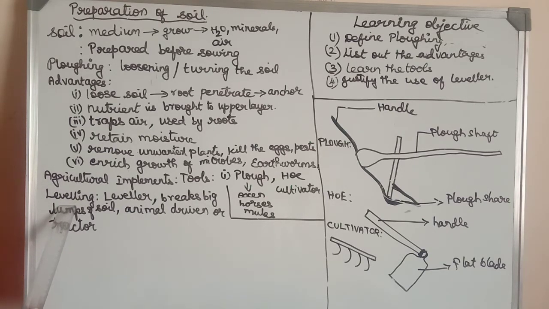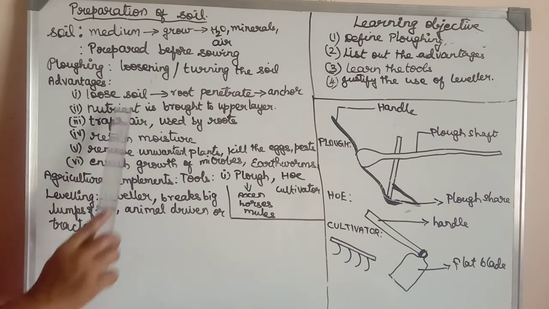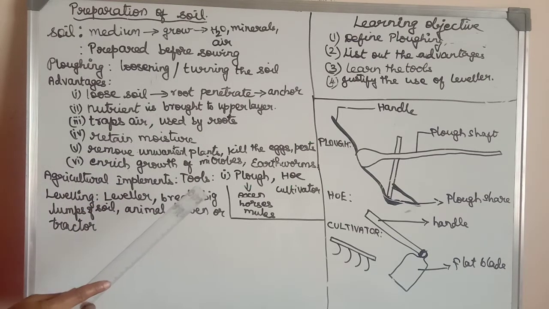Next is the leveling process. What is the need to level? When you are turning the soil upwards, big lumps of soil may get accumulated on the upper surface. That has to be broken down. So in order to break down those soil lumps, the leveler is used to level the farm. That mainly deals with the breaking of big lumps of soil. In olden days, it was animal driven, but now it is used